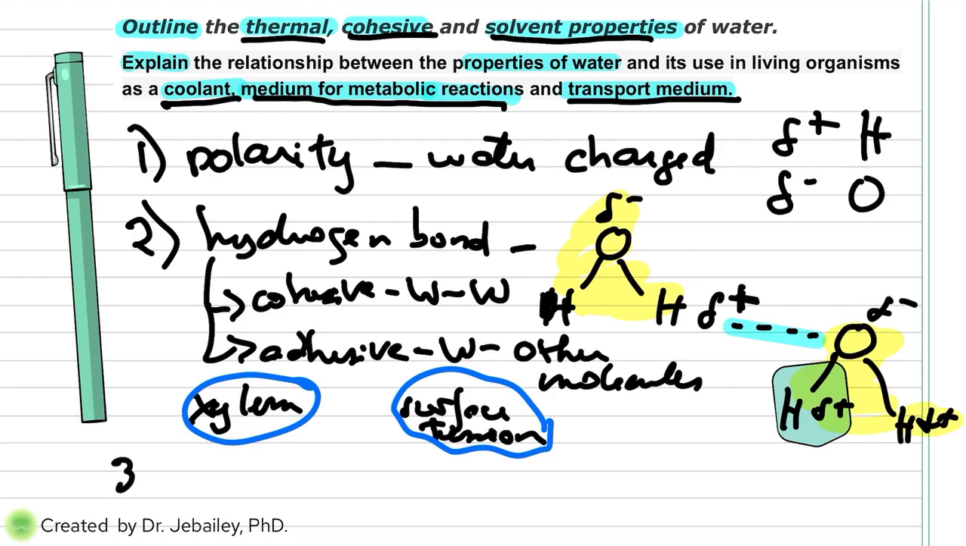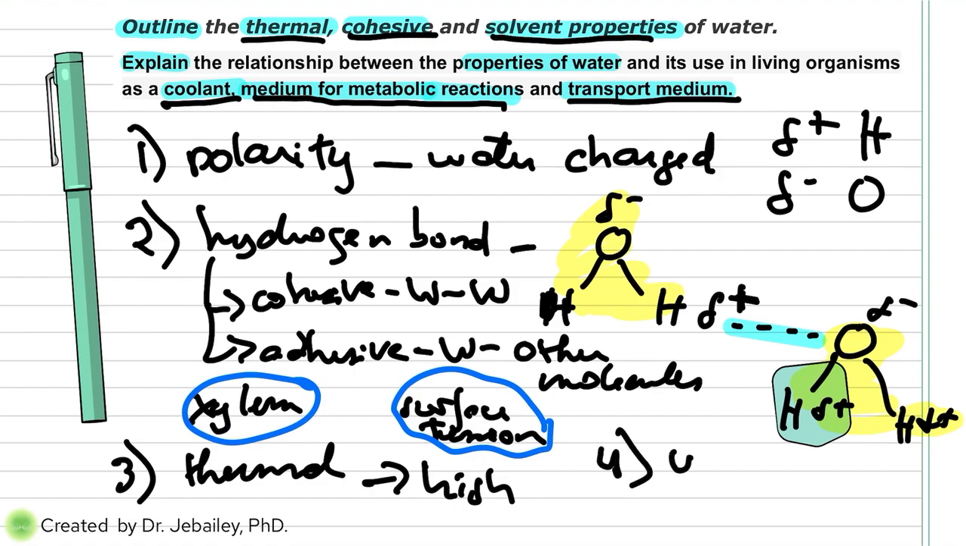Another thing that you can talk about is the thermal properties of water, such as the specific heat, the heat of vaporization, the melting point, the boiling point. All of them when it comes to water are always high. So just mention that it's high specific heat, high vaporization heat, high melting point, boiling point, and that will get you points. You can also talk about the universal solvent,